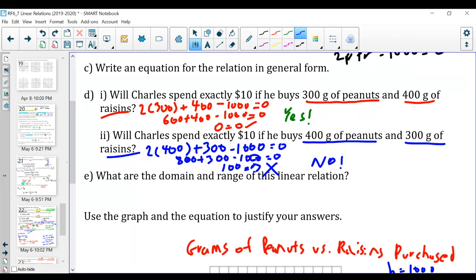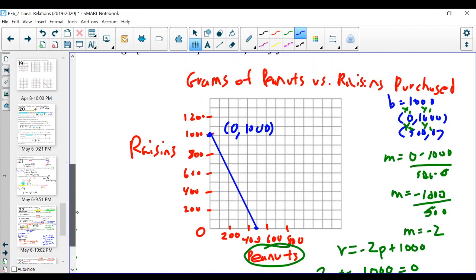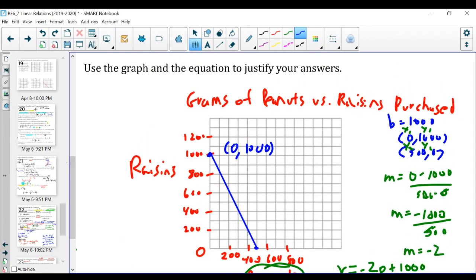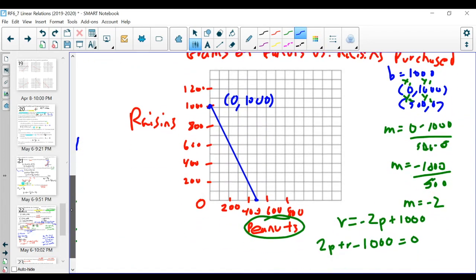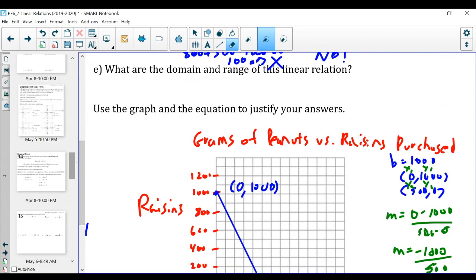The last portion here, again, just a throwback to domain and range. What's the domain and range of this particular linear relation? Maybe just to kind of go back here. Can we connect the points? Yes, absolutely, because Charles can buy any combination of peanuts that he wants. Doesn't really matter. So for us, our domain and range, if we were just to quickly go and write that out,